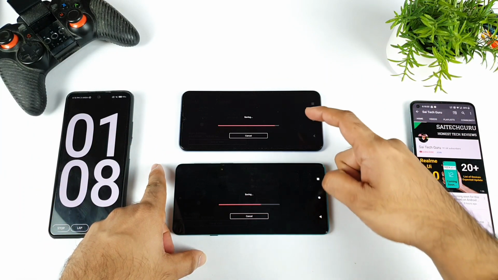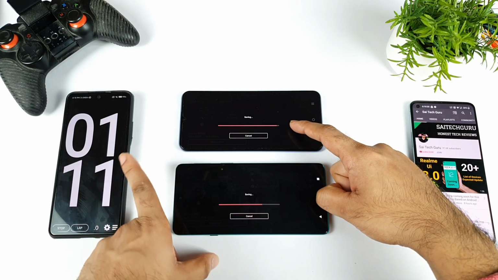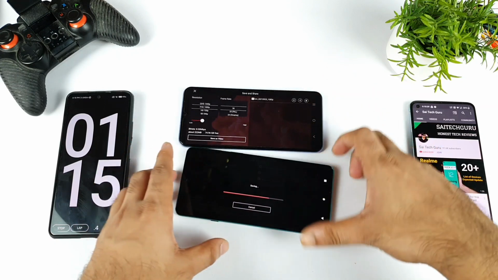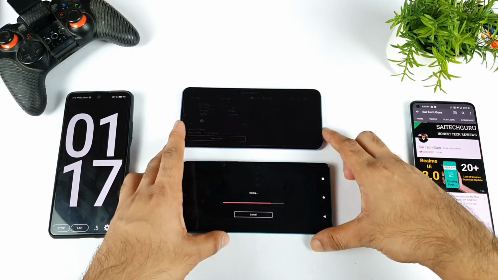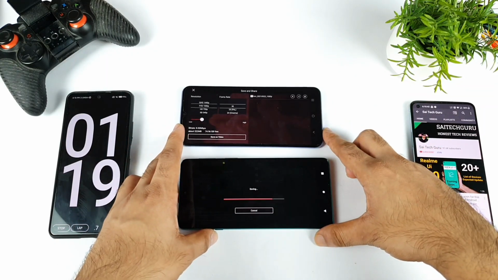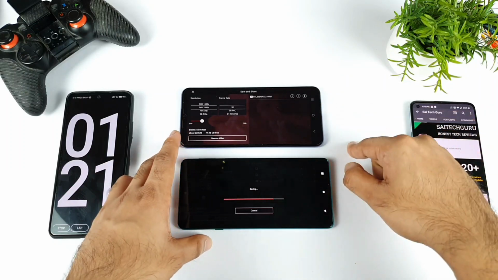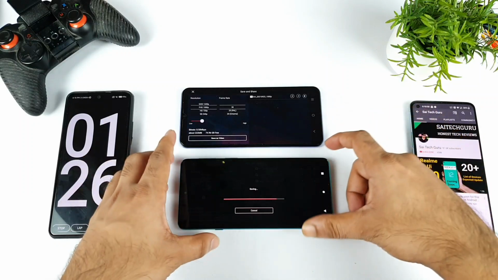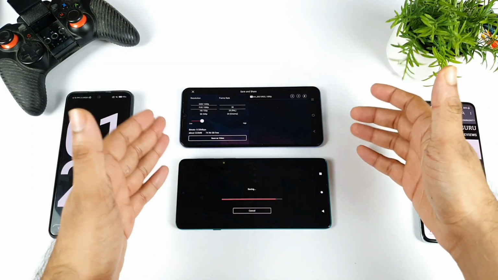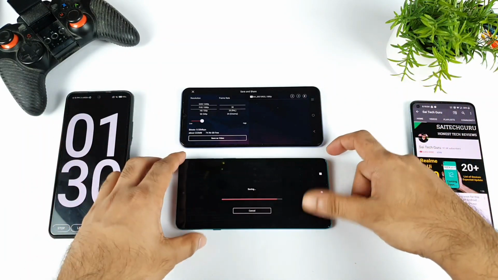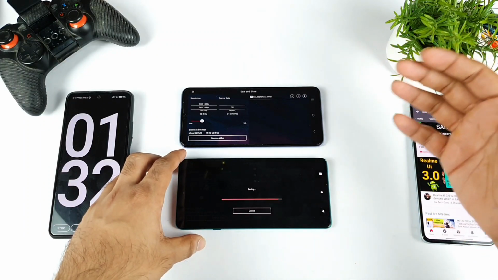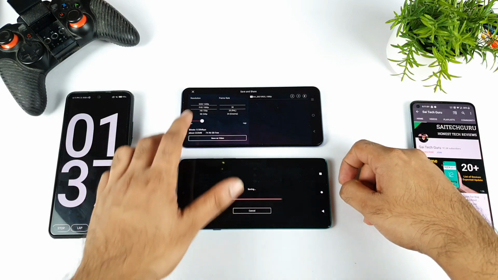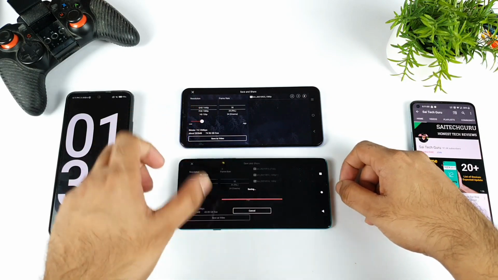So here we go. The iQOO Z3 finished in around 1 minute 14 seconds, and the Moto H20 is still taking a lot of time. It's still going on. If you watch this kind of video, only then will you be able to understand which phone is really good in terms of KineMaster video rendering speeds. Only a few phones are able to do this kind of very good rendering speeds. So now I need to select the